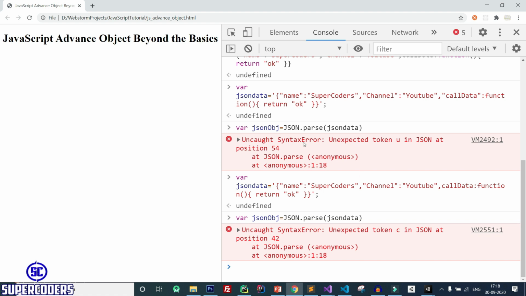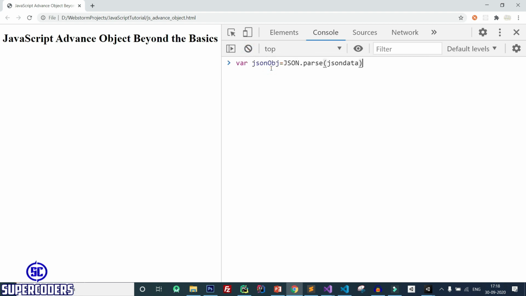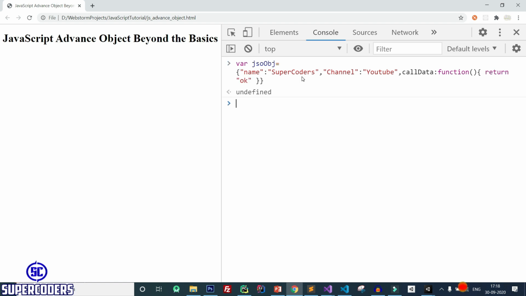Now let's clear it and again click up, and here you can see I created this object, but I used double quotes, but still you can use this like a JSON object. If I print this, you can see it is converted into a name object.